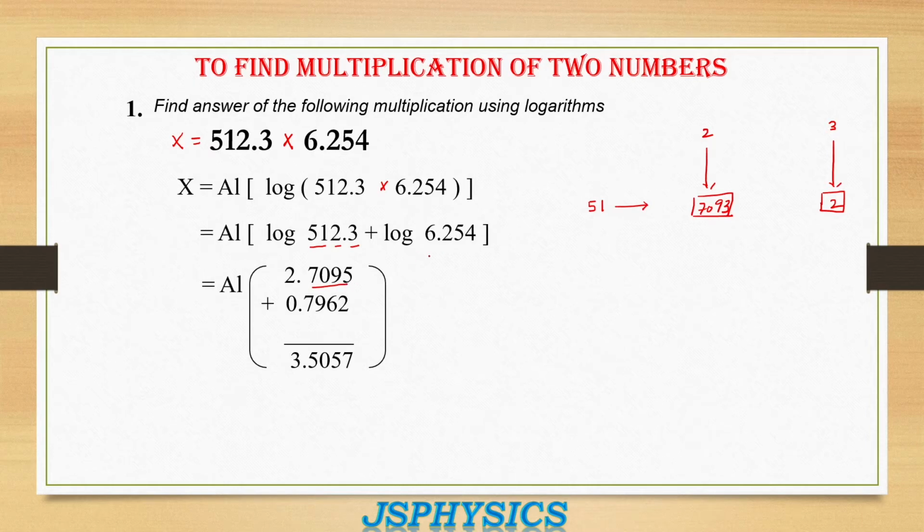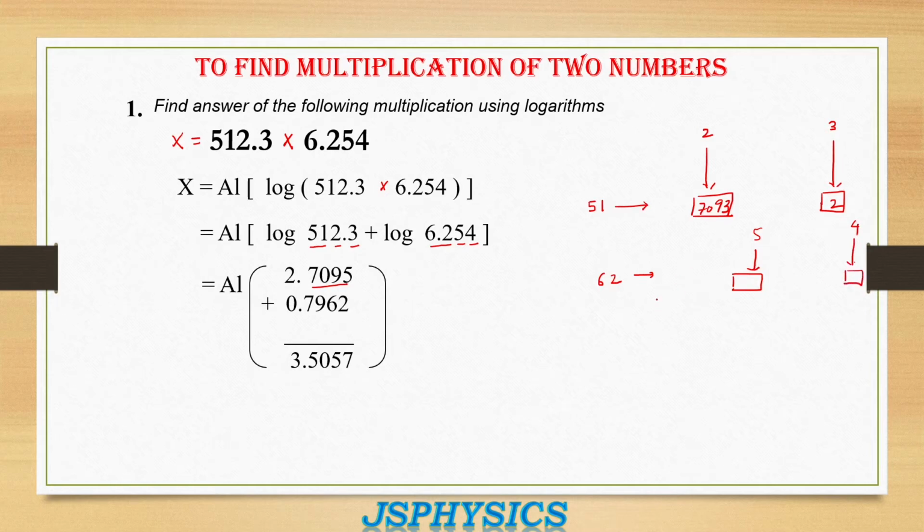Similarly, we will find the log of this number. Before the decimal point only one digit is there. So 1 minus 1 becomes 0, and that's why for this particular number the characteristic is 0. Now to find the mantissa, again we'll divide this into three groups. So now we have to see in the row of 62 under the column of 5 what number is written, and then in the mean difference column of 4 what number is written.